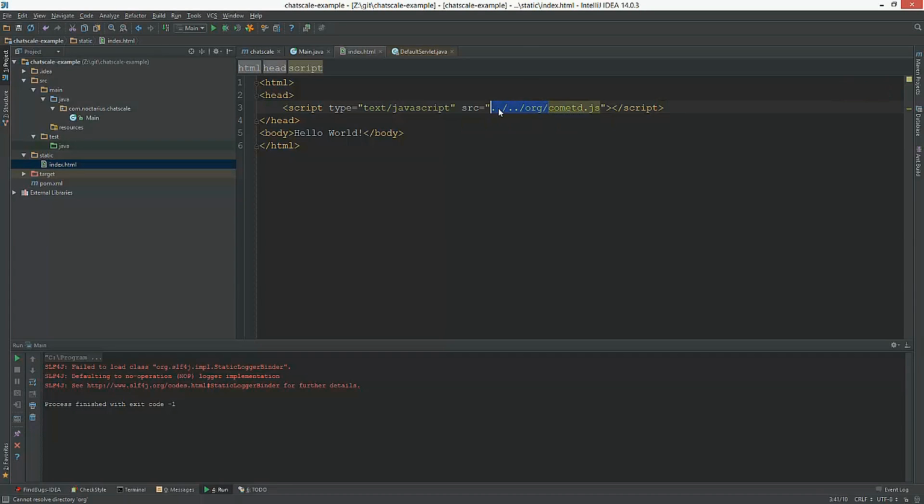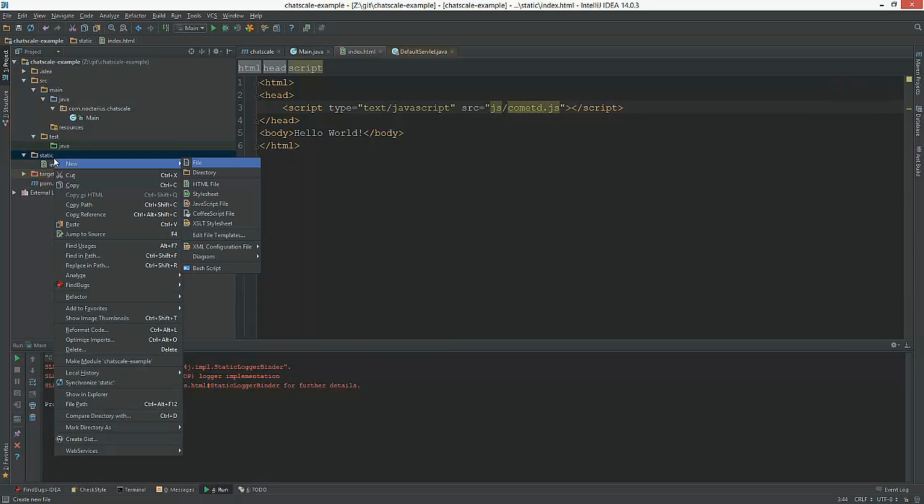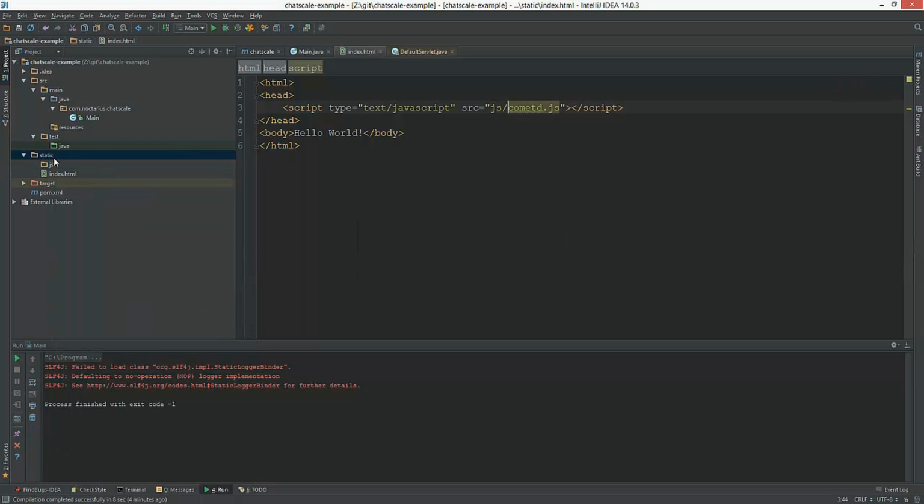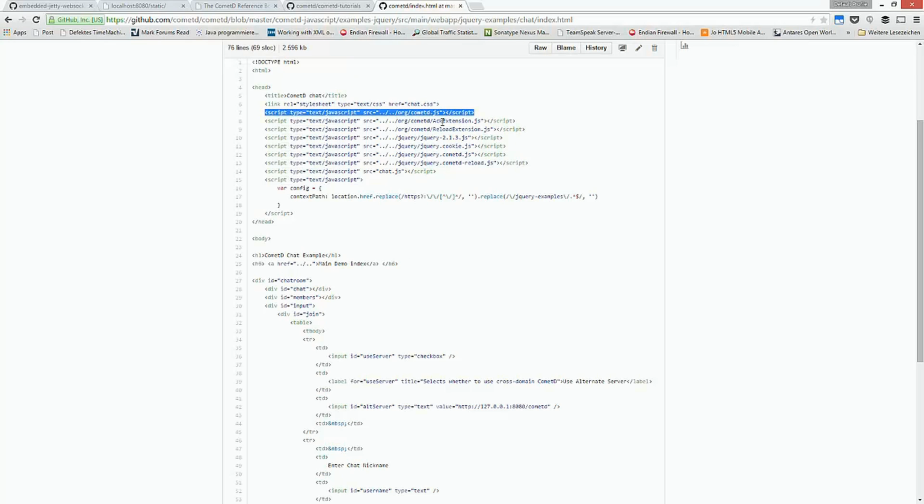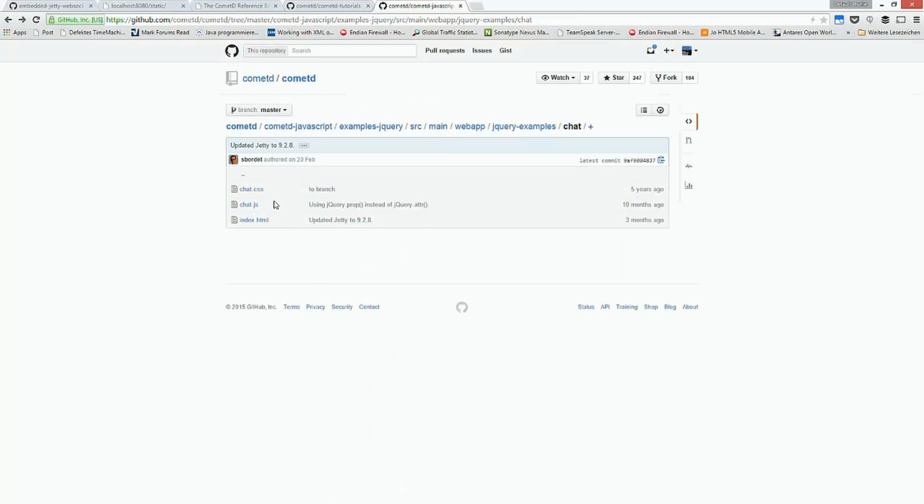So let's see, we have JavaScript, we're just copying everything to a directory. Ack extension, reload extension, whatever that is, I don't know. I guess we just get started first.